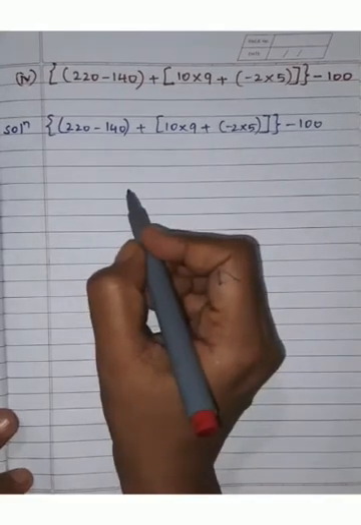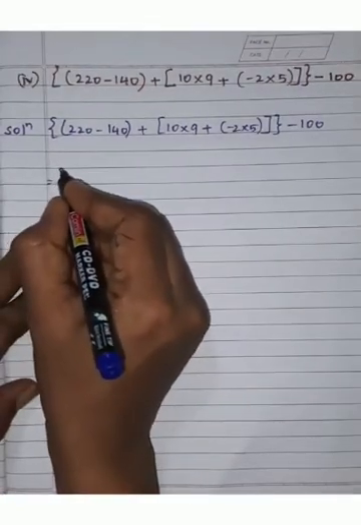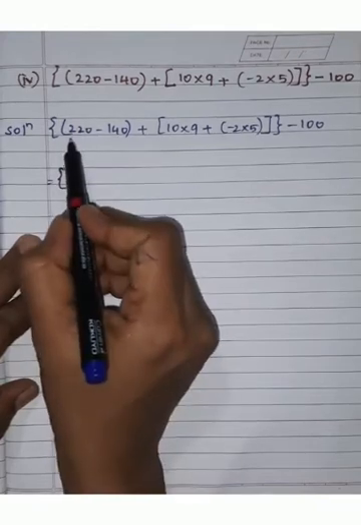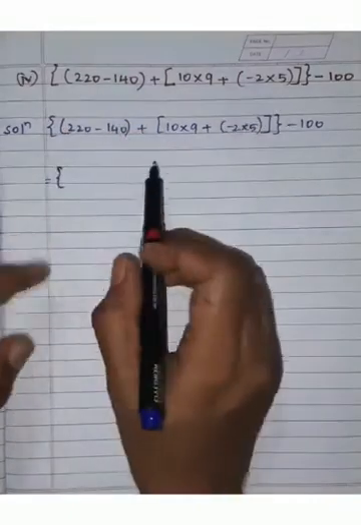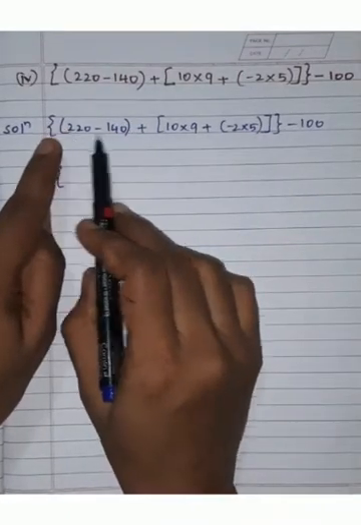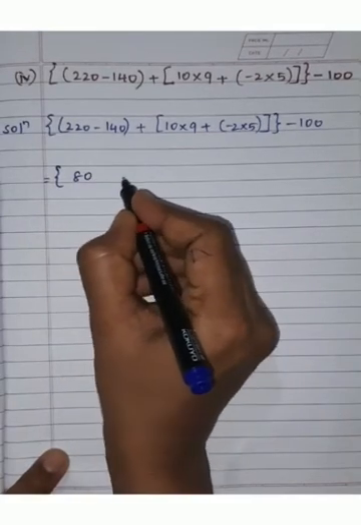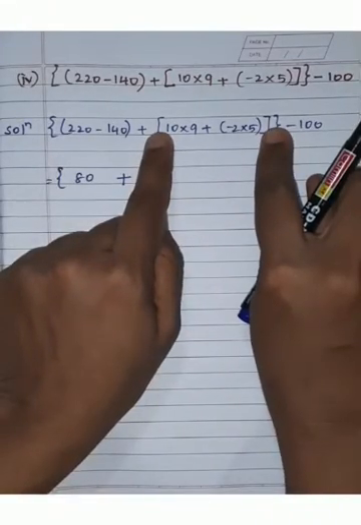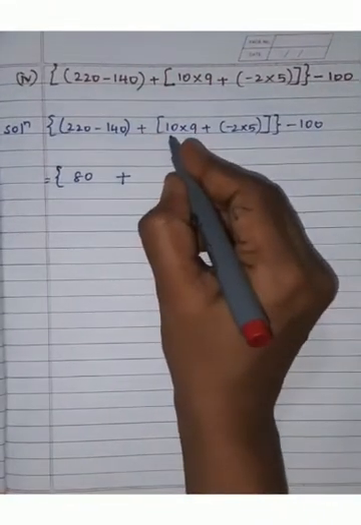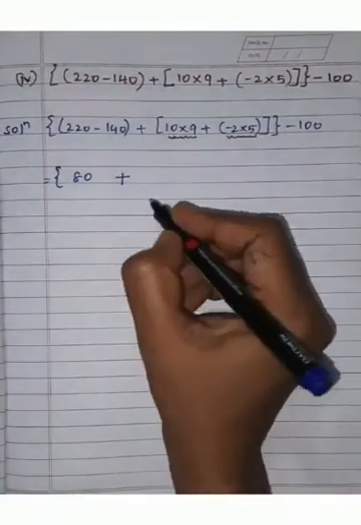Okay. In our next step, what we will be doing? We will be solving the expressions which are inside the bracket. Now first let us solve this one, because here there is no addition, subtraction, nothing is given over here. It is a single bracket. Okay. So 220 minus 140 is how much, children? It is 80. Right. So we have solved this, 80 plus. Now let us move on to this square bracket. And inside the square bracket, children, we have this is multiplication. Okay. And here also multiplication. So let us solve this separately.